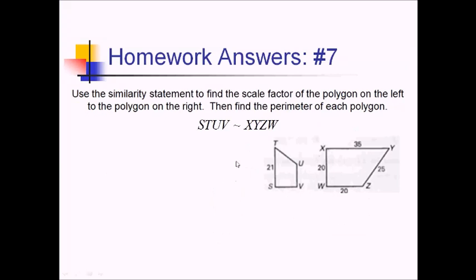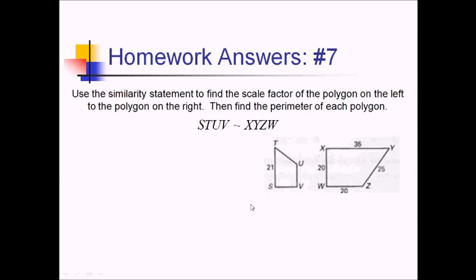For number 7, we're given these two figures and a similarity statement, and we want to find the scale factor of the figure on the left to the figure on the right, and then the perimeter of each polygon. So let's start with the scale factor. For that, you just need to take two sides that go together from each shape and reduce the ratio